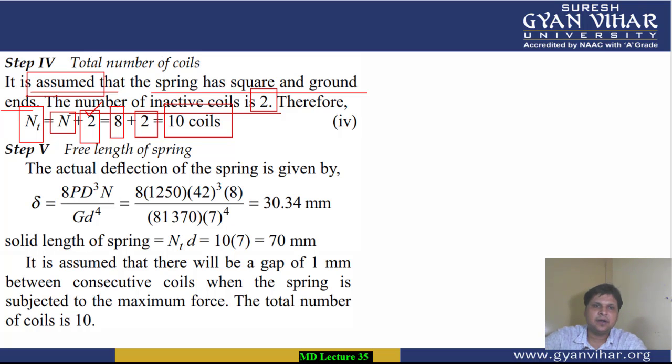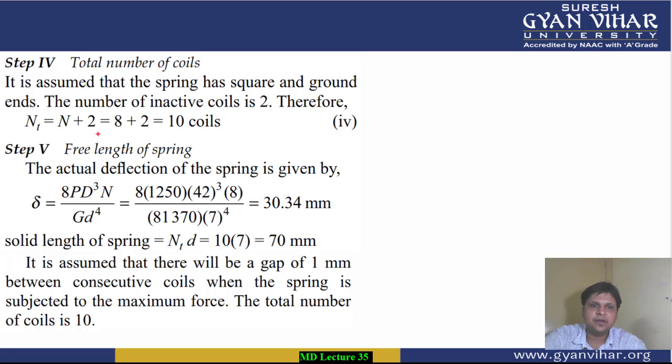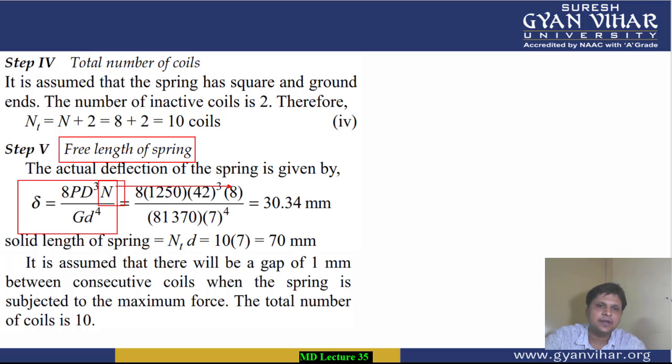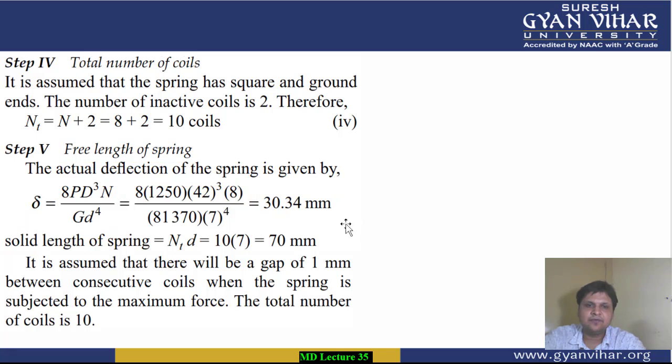Alright. Then after the calculation of total number of coils, we are going to calculate the free length of the spring. For calculating the free length of the spring, we have already seen the load deflection equation, which says that deflection del is equal to 8 P D cube n upon G d to the power 4. Here, which value of n will we take? We will take the value which we have calculated, that is 8. So putting this 8 here,